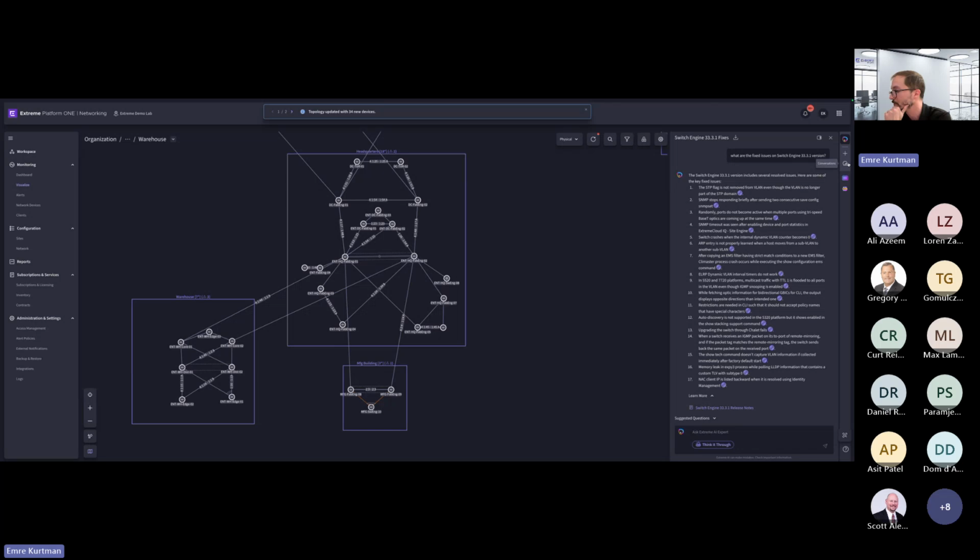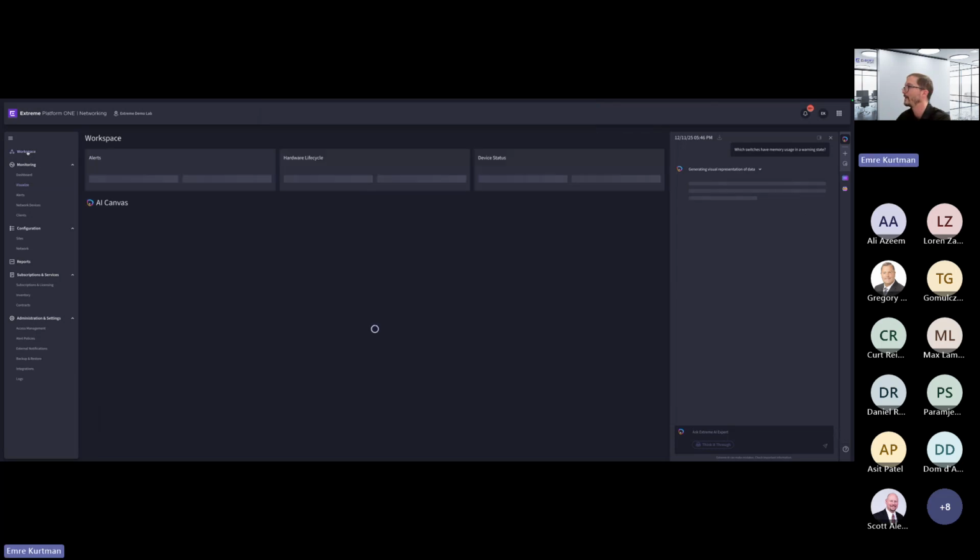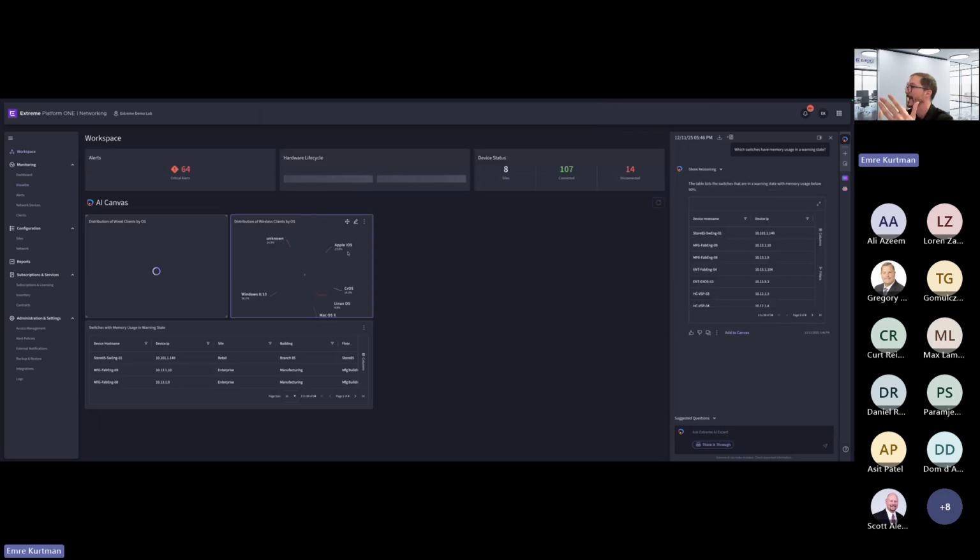And talking to your network is where you can ask questions like, let's pick some of the examples from here. Devices: which switch has the highest CPU utilization, which switches have memory usage in a warning state. I expect it to provide me a table of all the switches with memory utilization in the warning state. And then you can take this and put it in your AI canvas.